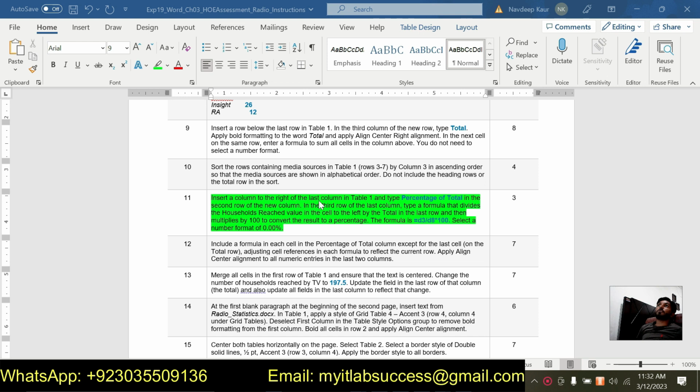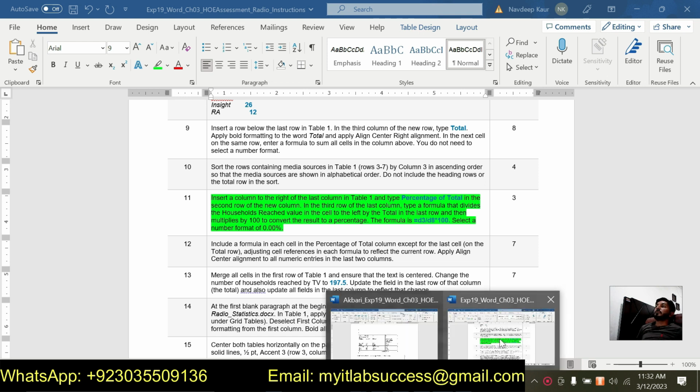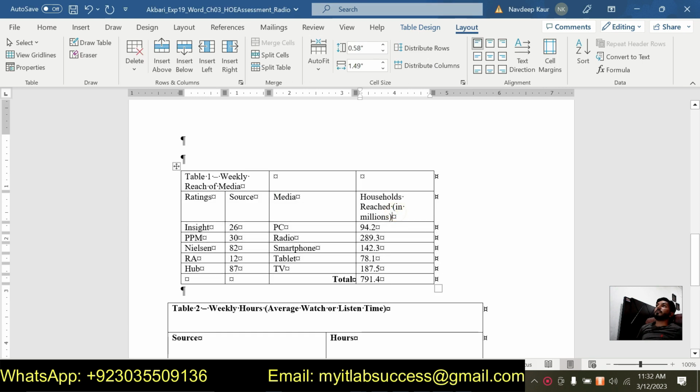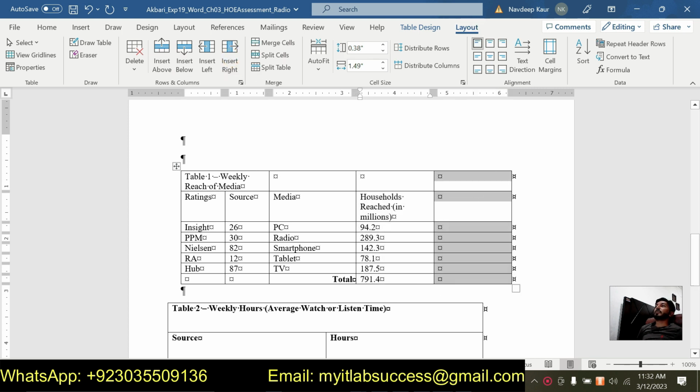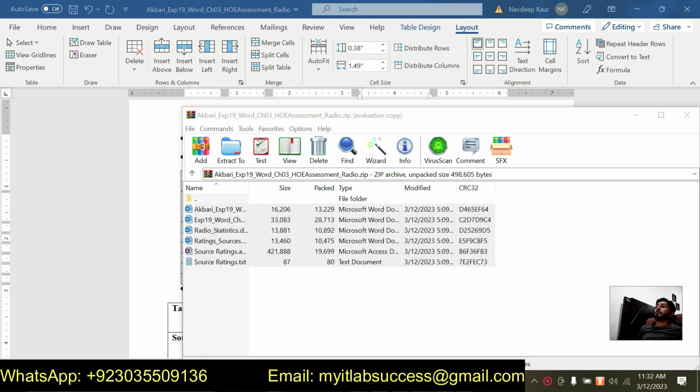Insert a column to the right of the last column in table 1. So this is the last column of table 1, and we are supposed to insert a column to the right. So this is the layout tab, and click on insert right, this one, and then